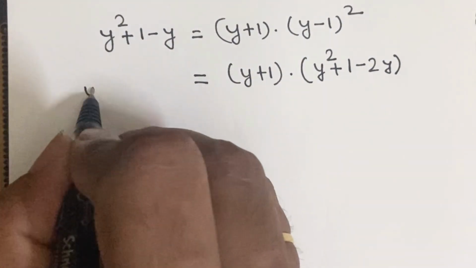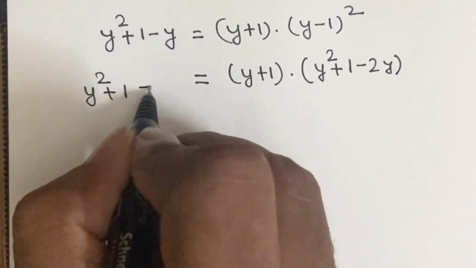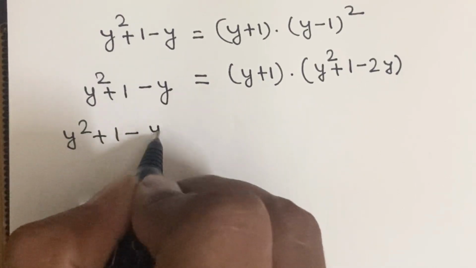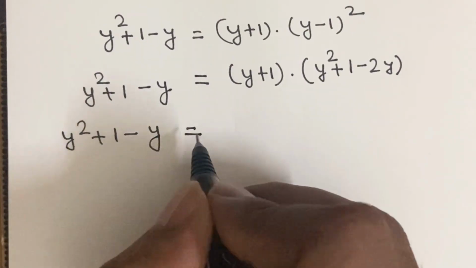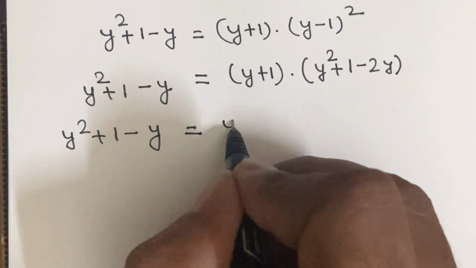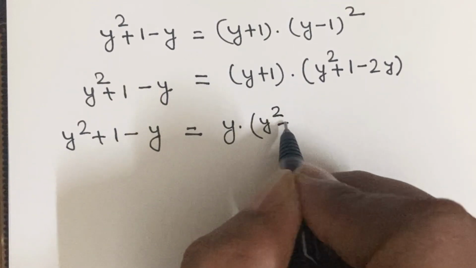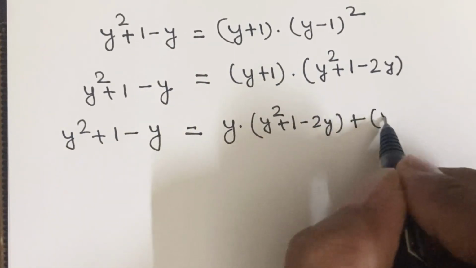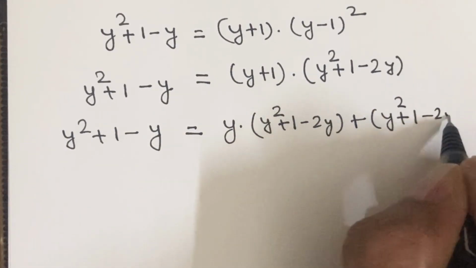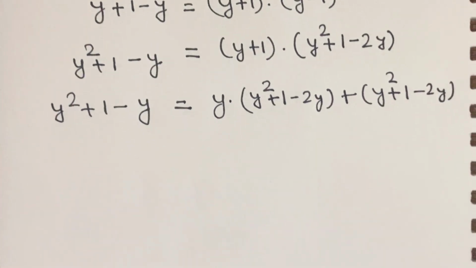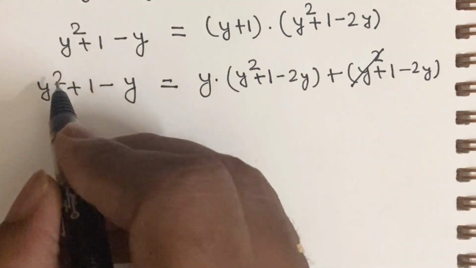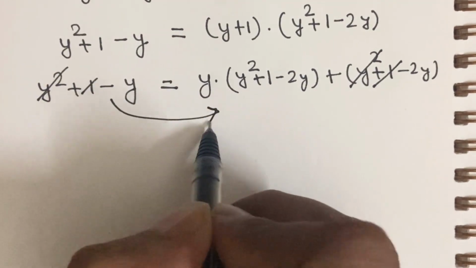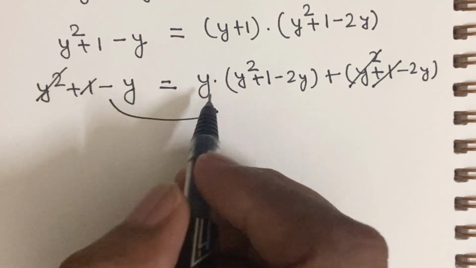So y square plus 1 minus y equals y multiplied by y square plus 1 minus 2y plus y square plus 1 minus 2y. So this y square plus 1 is cancelled out and transfer this y to this side. So our equation will simplify to